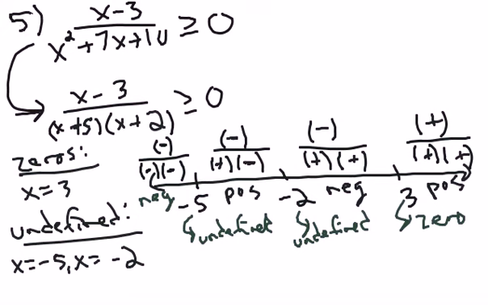And so just like the other questions, I'm interested in greater than or equal to 0. So I'm just going to use my sign chart here. And notice that it's greater than or equal to 0, so I'm looking for positive intervals. So that's here and here. And I'm actually going to include this 3 here because that is a 0, and I'm interested in or equals to 0. So my final answer